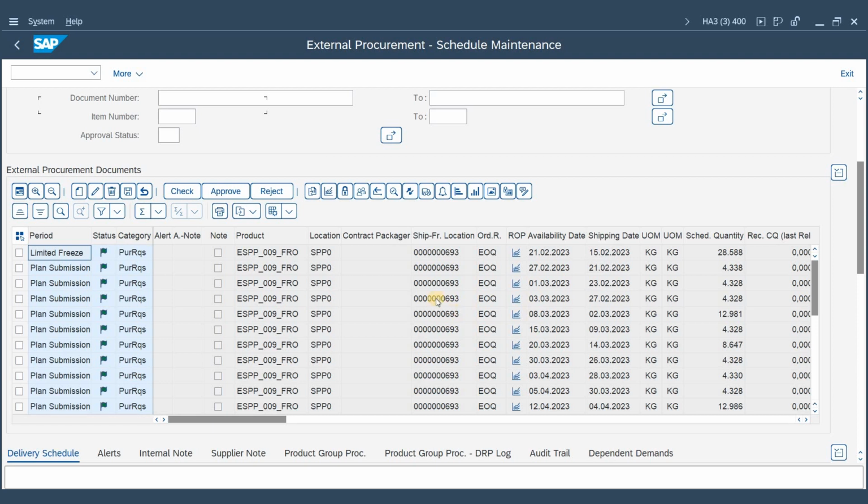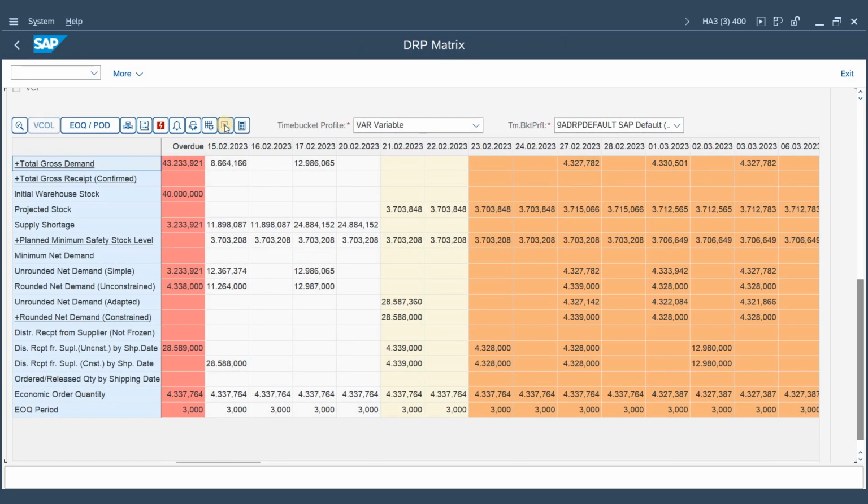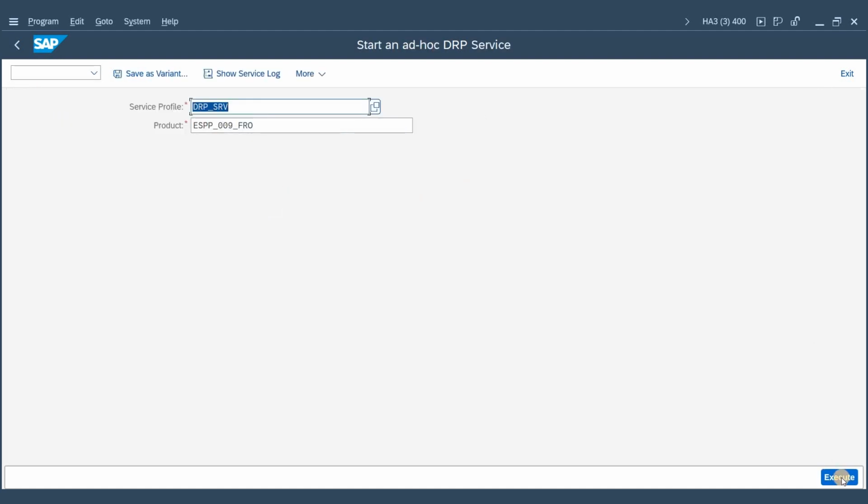Now we maintained the quota arrangement, and if we run DRP, what we are doing right now in the background, we hopefully see that the quantity that we need to order is split proportionally to the two vendors. So the DRP run has finished.